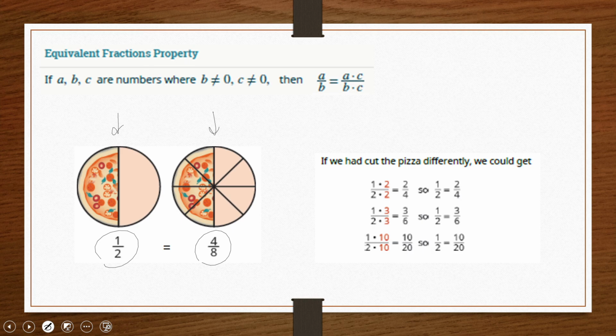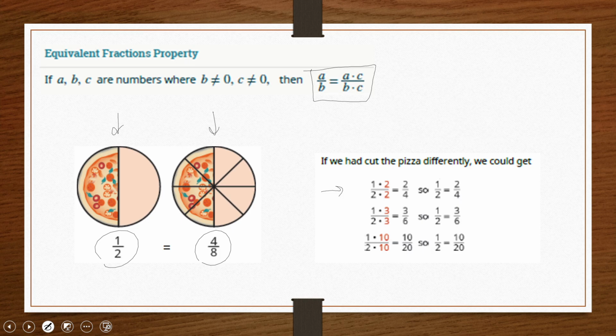So the question becomes, how do we get from one state to another? Well, the equivalent fractions property shows us how this is done. If we start with some initial fraction, a over b, an equivalent fraction means that I just simply multiply some constant term by the numerator and denominator. So you see several examples of how we could slice this pizza differently in the bottom corner here. So for instance, if I had wanted the pizza to be cut into 4 different slices, right? An equivalent to still having only 1/2 of the pizza remaining would mean that I would have 2 out of the 4 slices remaining. And we actually calculate this by, again, multiplying our original fraction 1/2 by some constant term,